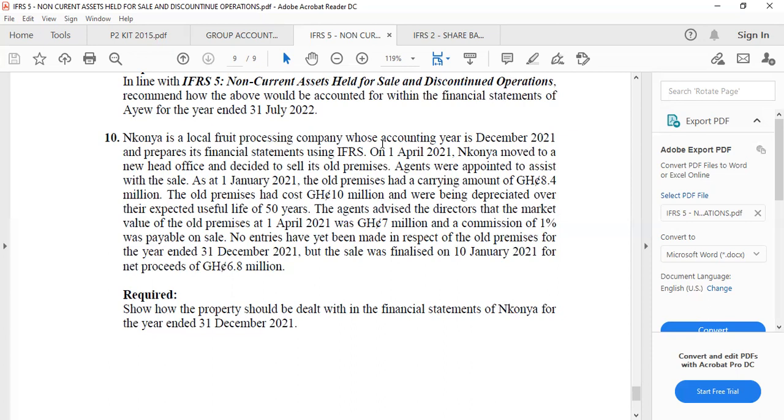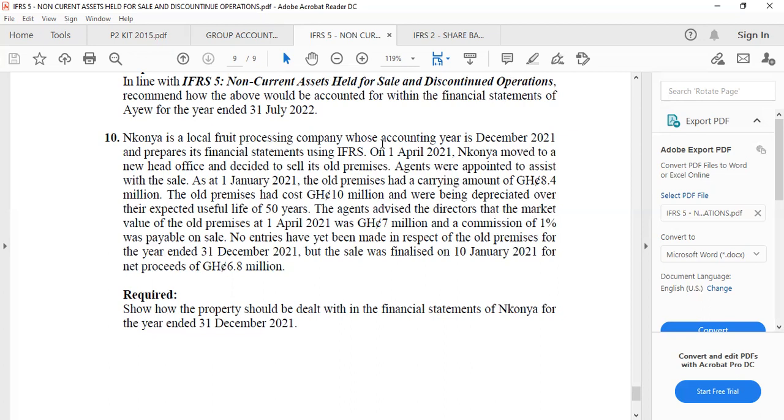As at January 1, 2021, the old premises had a carrying value of 8.4 million. When are we deciding to sell the assets? April 1, isn't it? But they are giving you the carrying value at the beginning. It means that we have used the asset for 3 months before we decide to classify. The old premises had cost 10 million and were